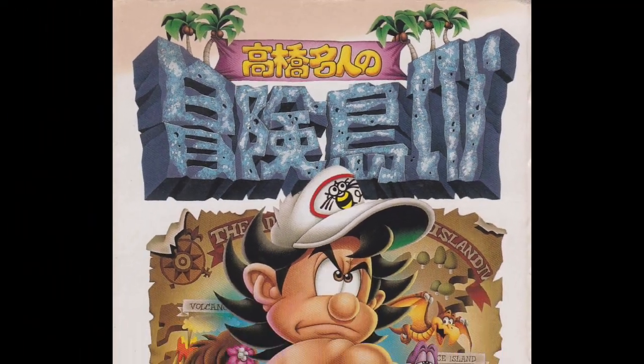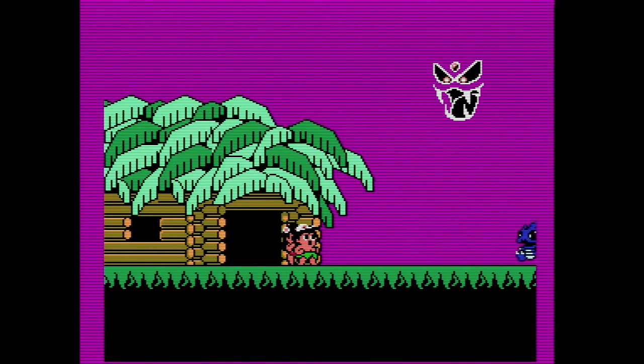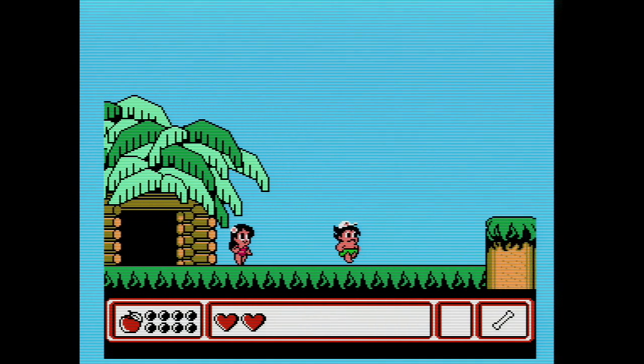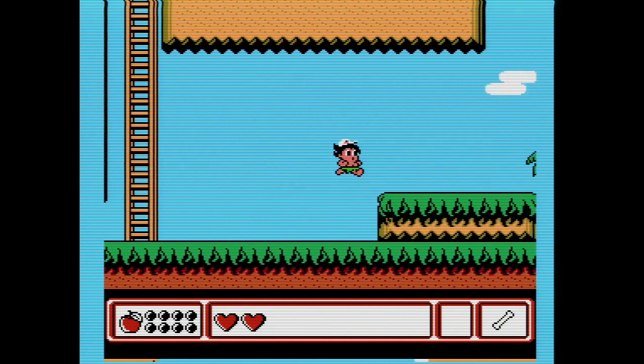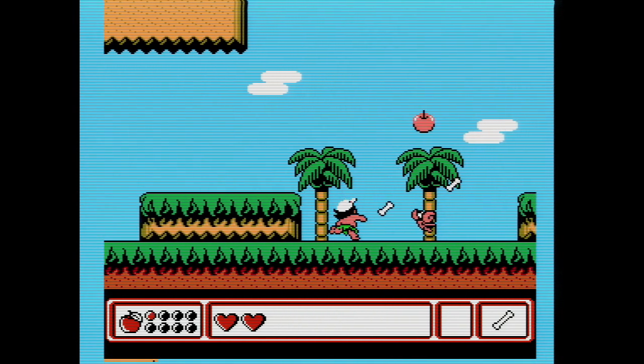Adventure Island 4. The evil eggplant wizard kidnaps Master Higgins' helpful creatures, and he starts an adventure to save them and stop the evil eggplant wizard once and for all. This is the 4th and final Adventure Island game released for the Famicom. It bears the distinction of being the final official Family Computer game in Japan and was never officially released for